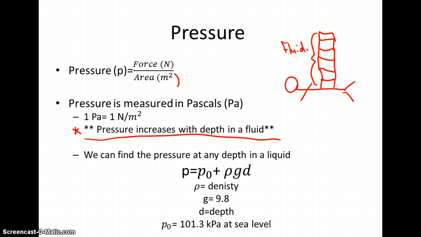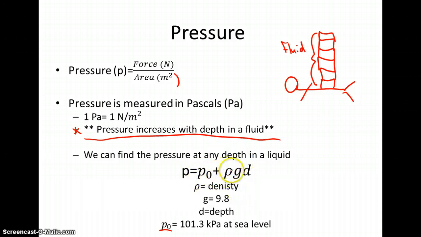And the really cool thing is that we can find the pressure that we experience at any depth in a given liquid. The pressure that we will experience is equal to our initial pressure. And usually when we talk about initial pressure, we're going to talk about initial pressure being at sea level. At sea level, the initial pressure is 101.3 kilopascals, right? And there's 1,000 pascals in 1 kilopascal. So back to this, the new pressure we experience is equal to usually our pressure at sea level plus